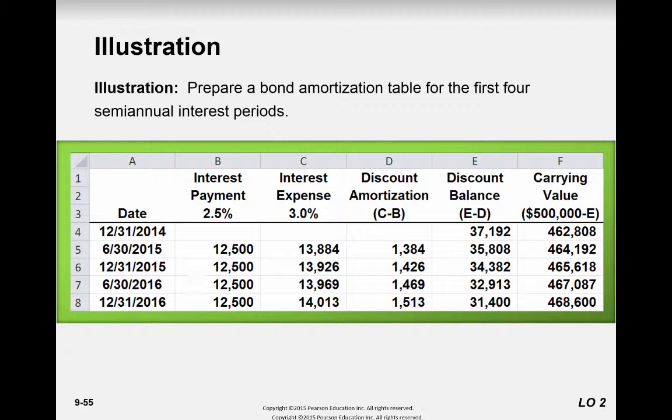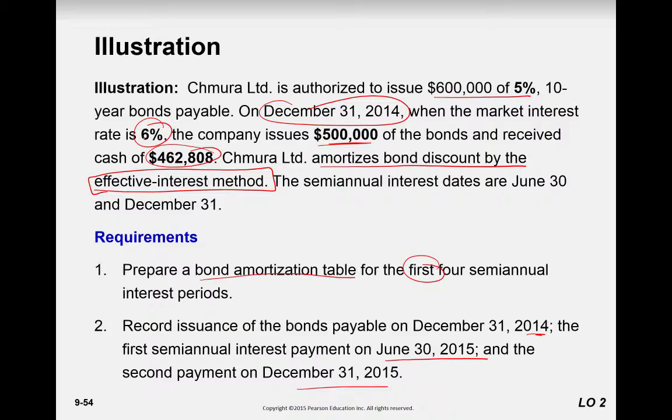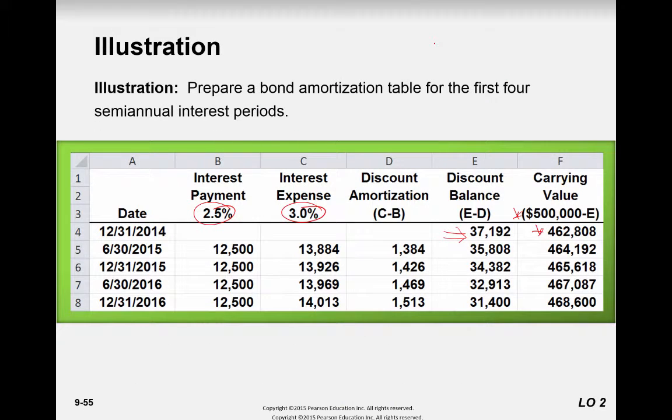Here we have our bond schedule. So here's the 500,000, and this is the amount of cash we received. So we know the total discount amount. And then once you have your interest payment at the 2.5%, and then our interest expense at the 3%. And if you look, 3% is half of 6, 2.5 is half of 5, because we're making semi-annual interest payments. This should be then relatively easy to get to the 12.5 and the